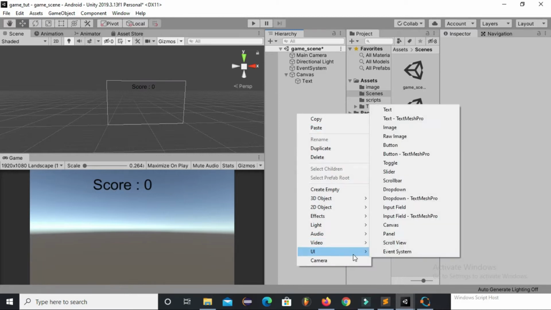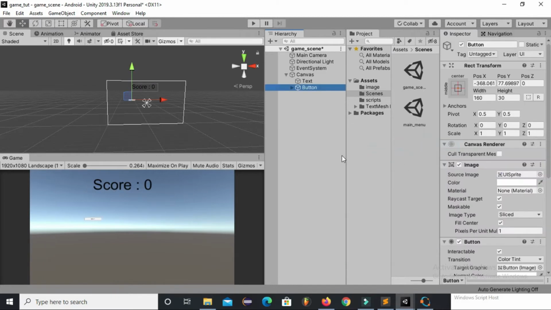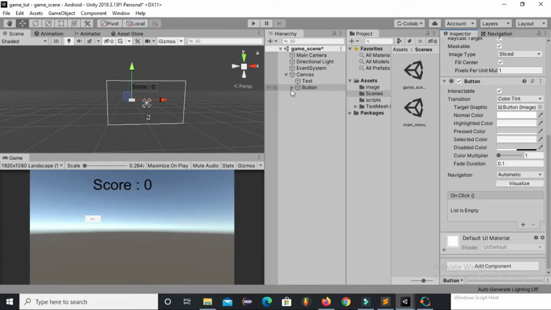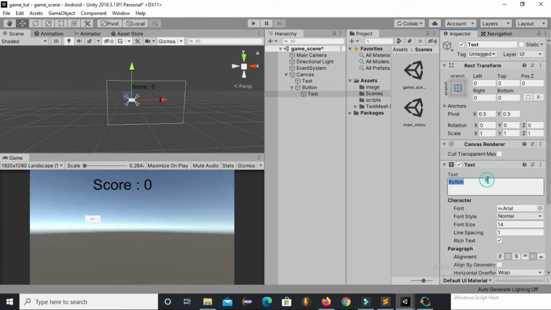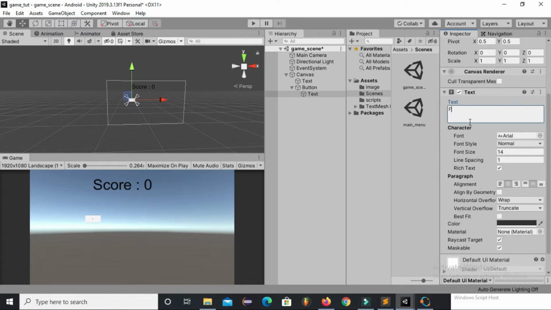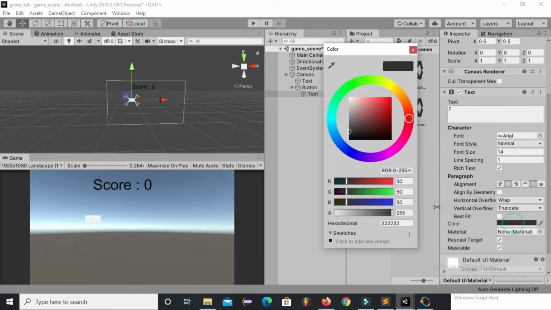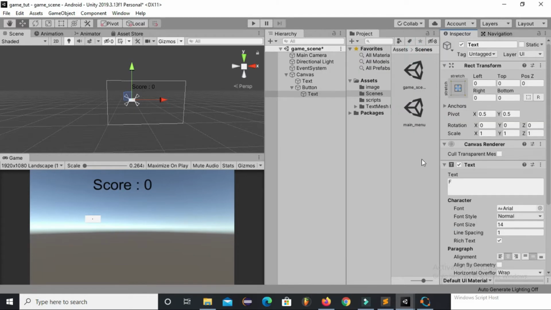Now I will create a UI button, and first of all save the scene. Now change the width of the button. Okay, now go to the text and I'm writing F over here, because it will be my forward button which will help our player to move in the forward direction.